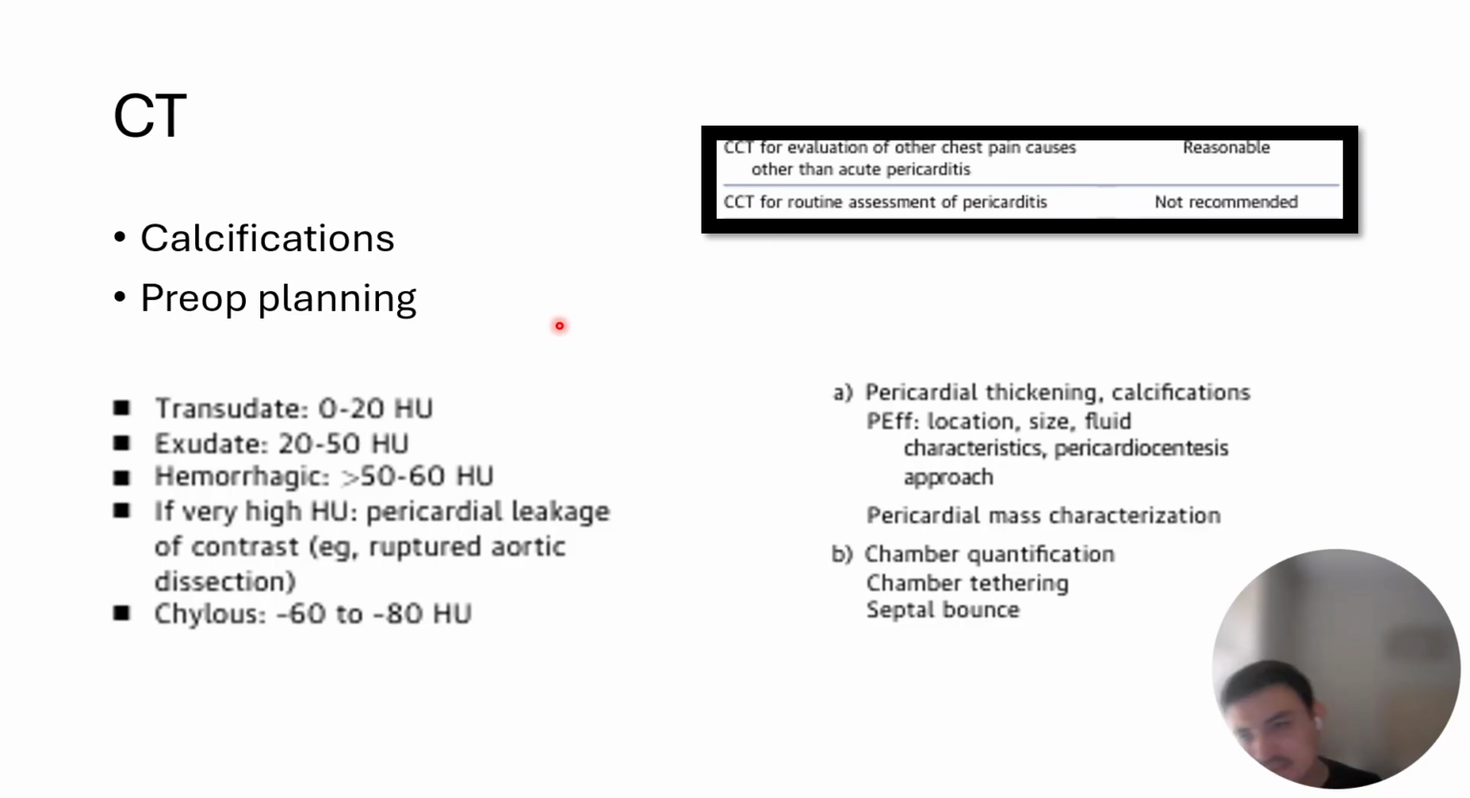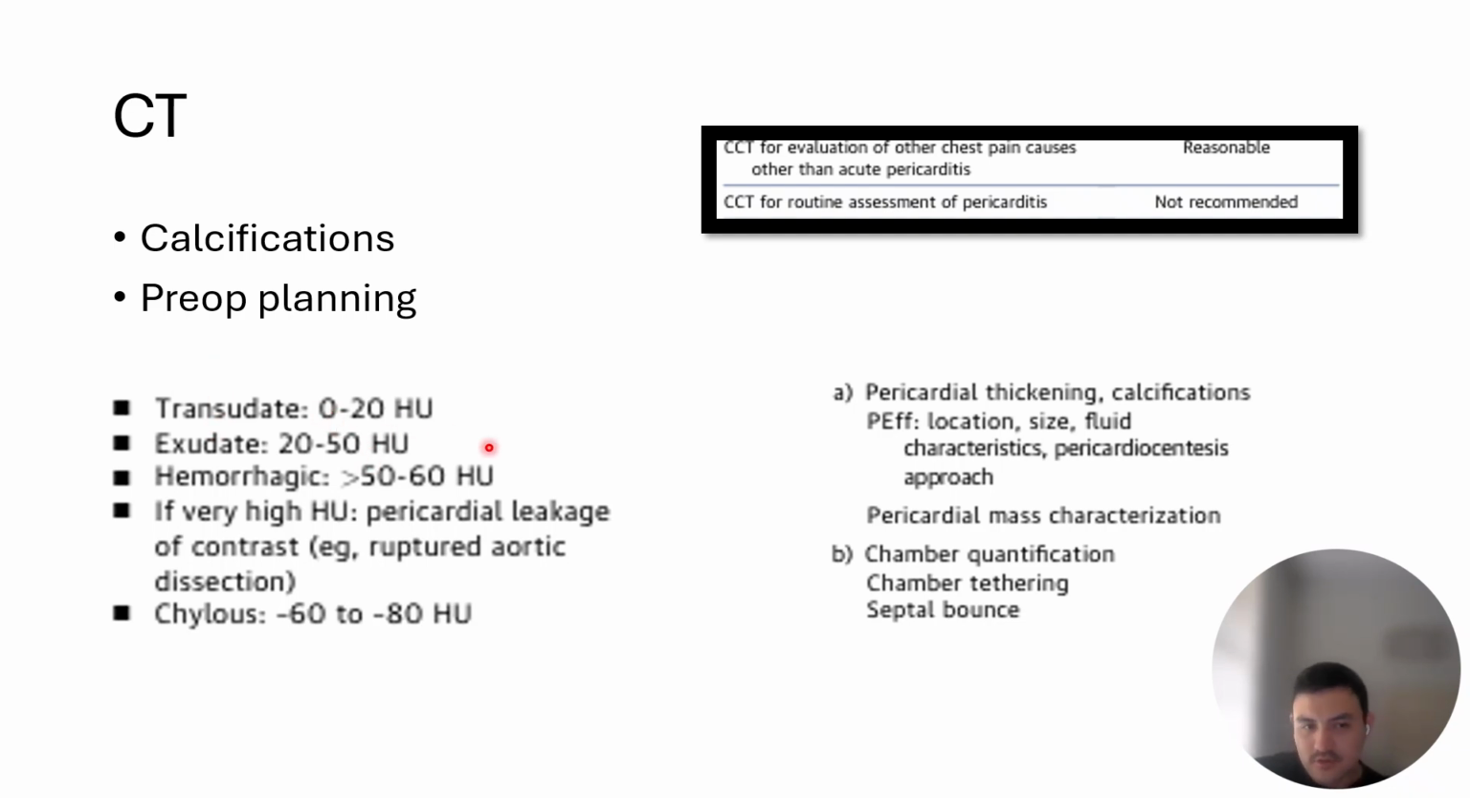Now, CT. CT is not recommended for routine assessment of pericarditis, like MRI, but it's reasonable when you are suspecting other causes of chest pain, for ruling out other causes of chest pain. Also for complications, for example, if you are suspecting calcification, or you are going to do surgery, a pericardiectomy, pre-op planning. Also, it's important because you can evaluate the fluid as well based on